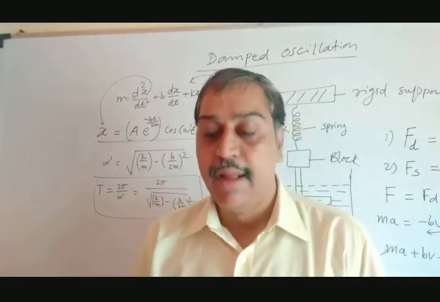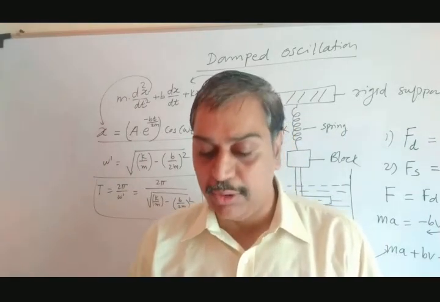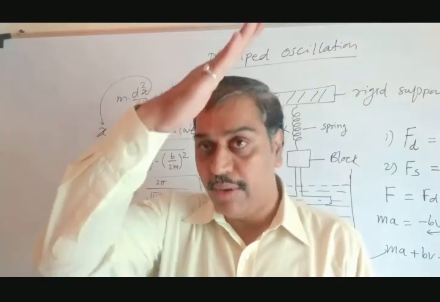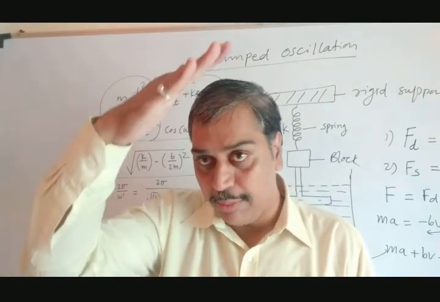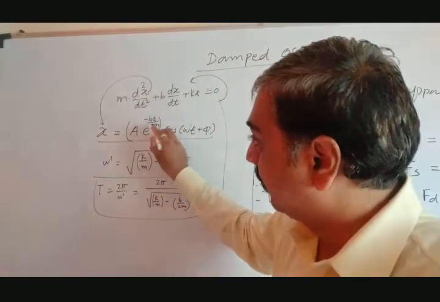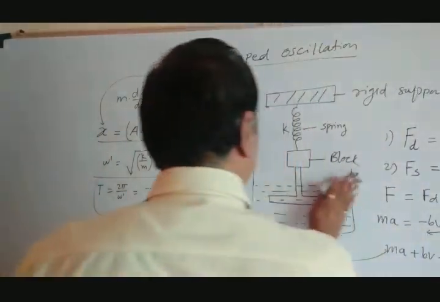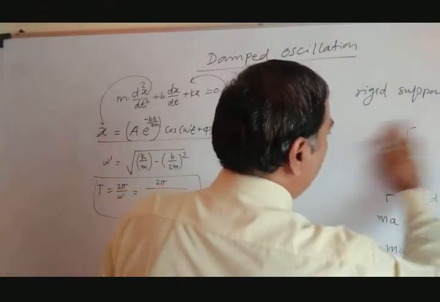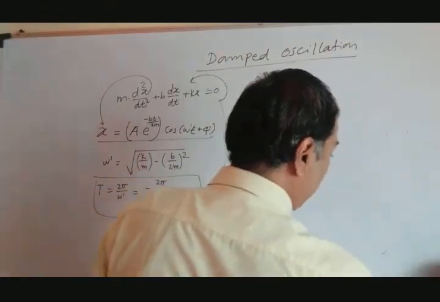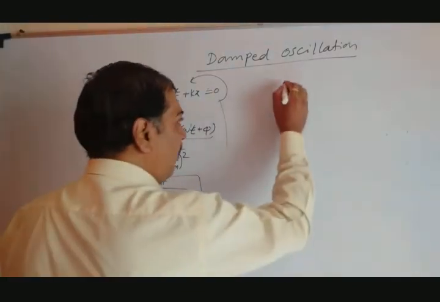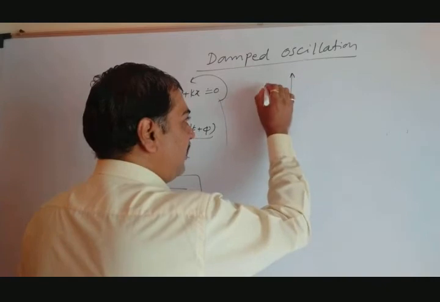Now here there is one figure in your book, figure 5.14. In that figure they have shown the wave decreasing like this. That is said to be the exponential decrease of amplitude because of this term. So I will draw that diagram here, just in short, to show how the oscillation decreases with time. What they have taken along the y-axis is the displacement.